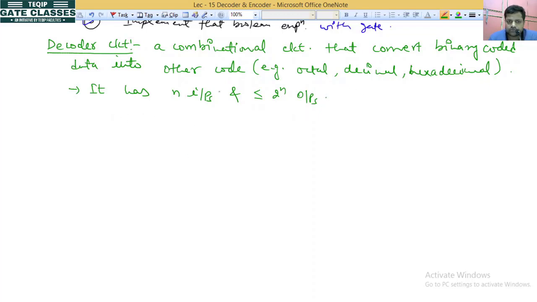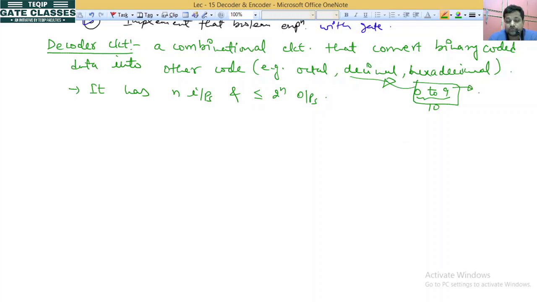See here, if we want to design a decimal decoder, a binary to decimal decoder, then it will represent 0 to 9 numbers, because these are our decimal number system digits. Only these digits are allowed in the decimal number system. So what happened here, we have only how many combinations? 10 combinations, but we know that 9 can be represented in 4 binary bits.